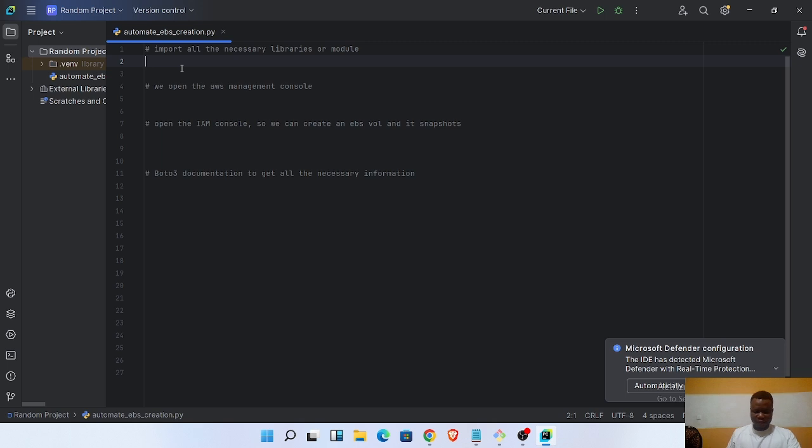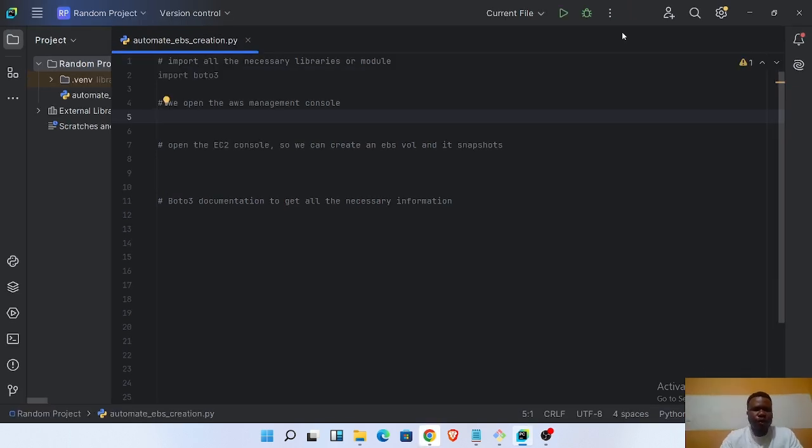For us to start writing our Python script to automate the creation of the EBS volume on AWS, what's the name of the library? You got it correct: the Boto3 library, because that's a Python library that allows our Python script to interact with our AWS services. So after we have imported our Boto3 library, what we will need to do next is to open